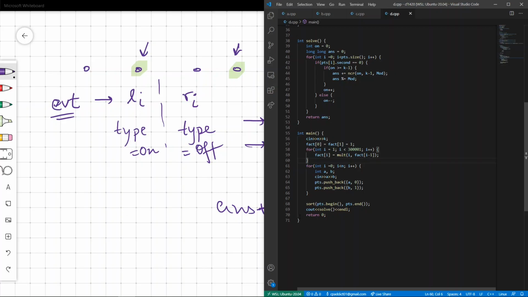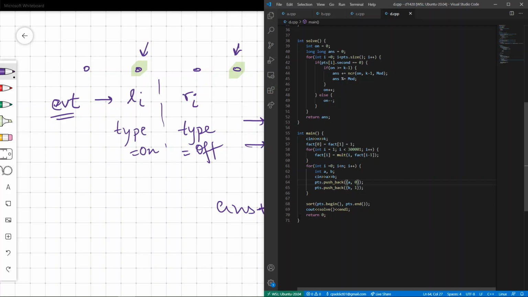A, 0 means this event is at time A and the light is turned on at this point. So 0 represents the light is turned on at time A. And if we are turning off, we set the second of this pair as 1. And now we sort all the points, so sort will sort all the points according to the time.